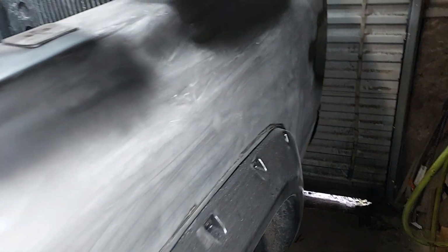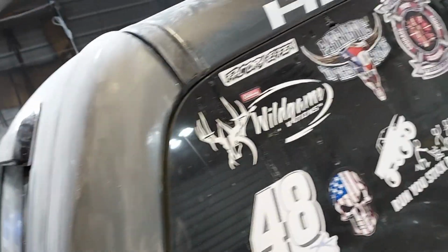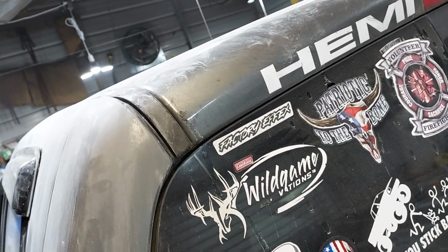This truck doesn't get run that much. I used to drive it all the time, but I really don't anymore. And I have these primer spots here. One back here, there was a dent where I went to throw a piece of wood in the truck and I missed and hit the back bedside. So that, and then along the back here,